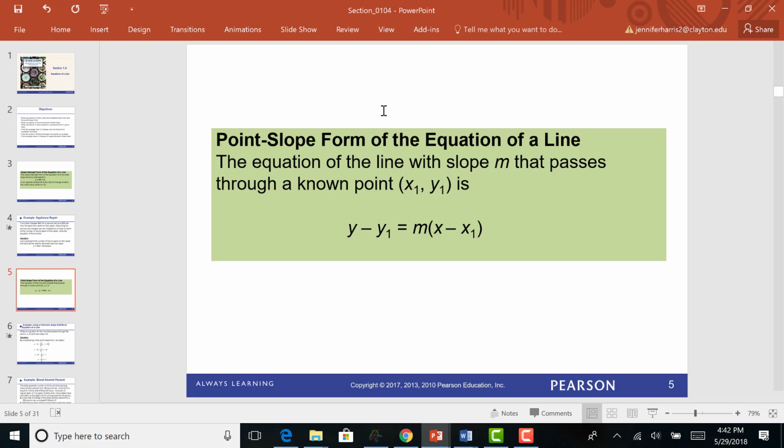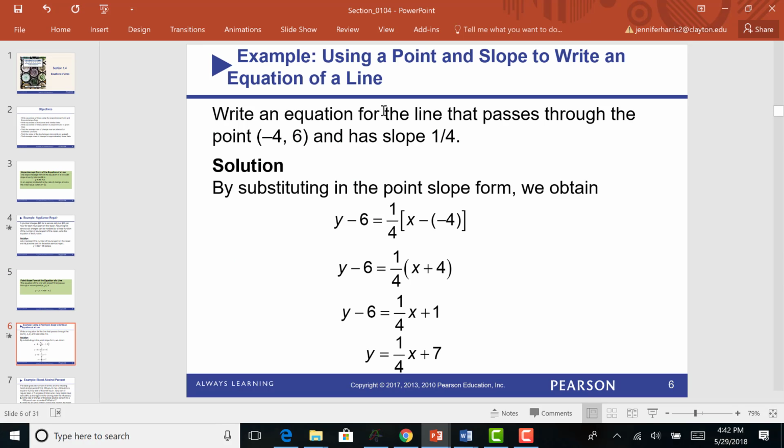That formula is called the point-slope formula because you need a point and the slope. To use this formula, you need a point and the slope. We're going to plug the point in as x1, y1, and we're going to plug in whatever number we need for the slope as m. All right, so let's do this one. There are three types of situations where you're going to use your point-slope formula. Here is situation number one. There will be three different types of situations, so you'll want to make sure you know what the different situations are. All right, ready? Type 1,